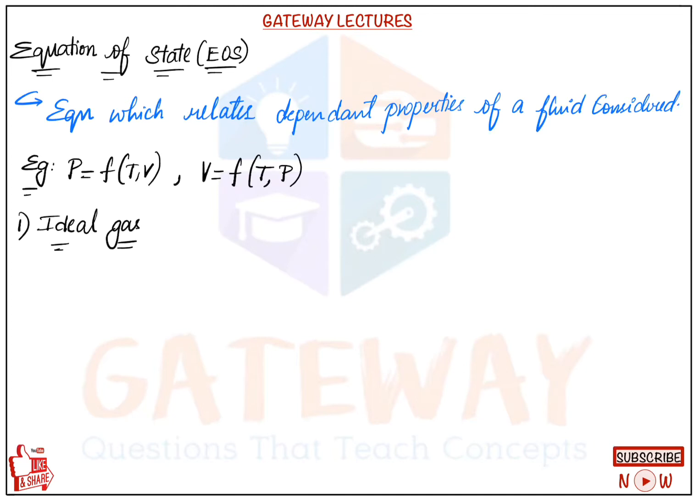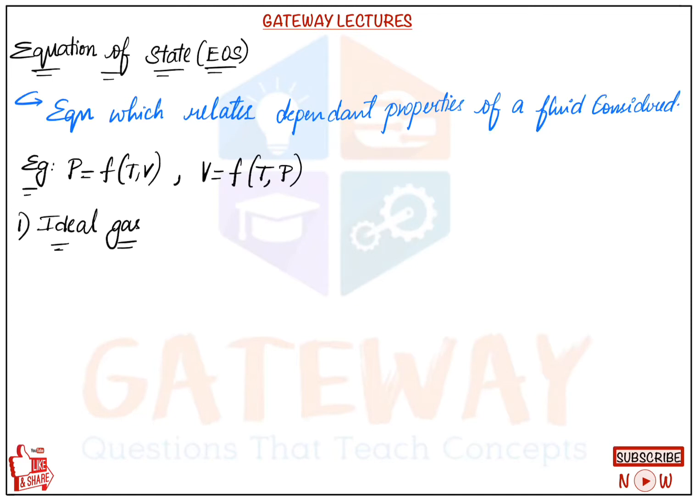What is the difference between the van der Waals equation and the ideal gas equation? In the ideal gas equation, the molecular interactions are restricted, and in the van der Waals equation, the molecular interactions like dispersion, etc., are allowed. Van der Waals is a scientist who gave this equation in 1873, and he was the first person to produce liquid helium. So we'll discuss what the van der Waals equation of state is.